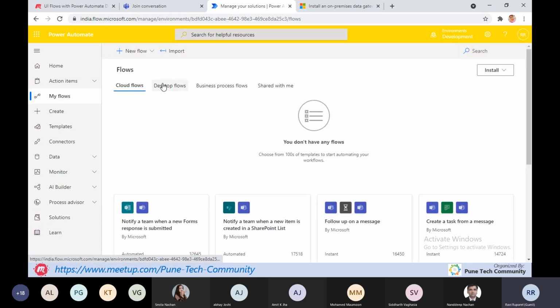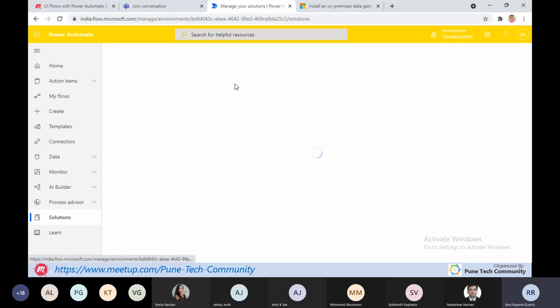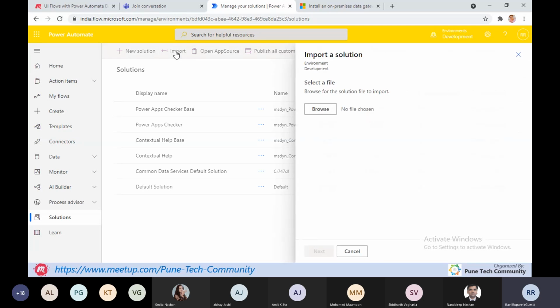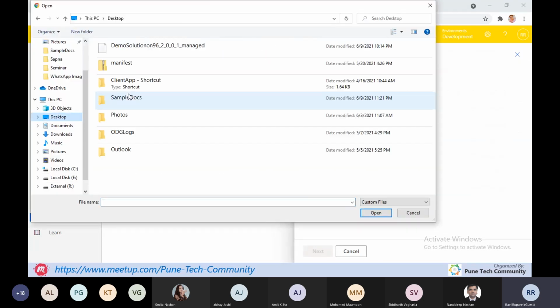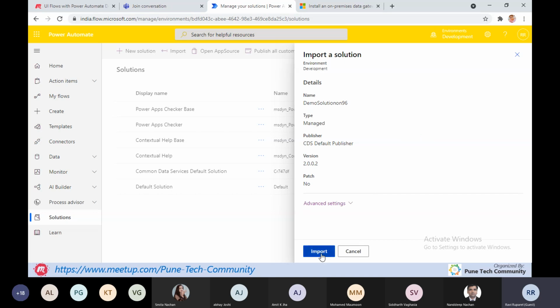Before going to the solutions, in the desktop flows, we don't have any flows for this development environment. So clicking on solution, clicking on the import button, and it will browse the file. Going into the desktop, click on import.